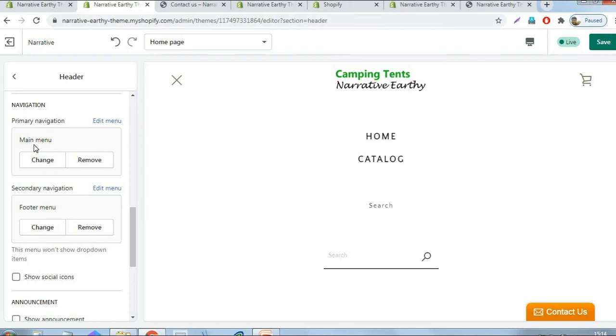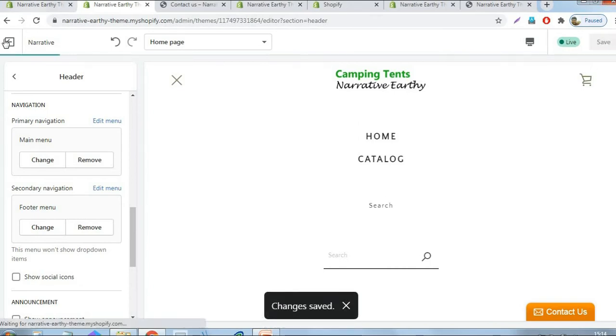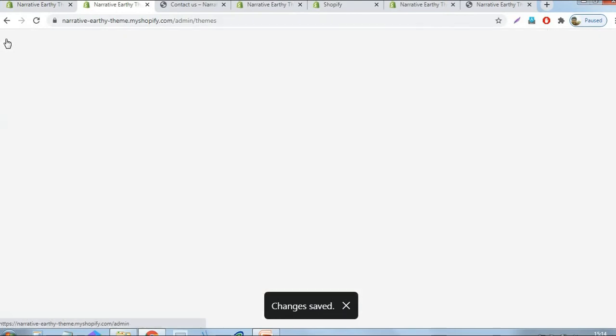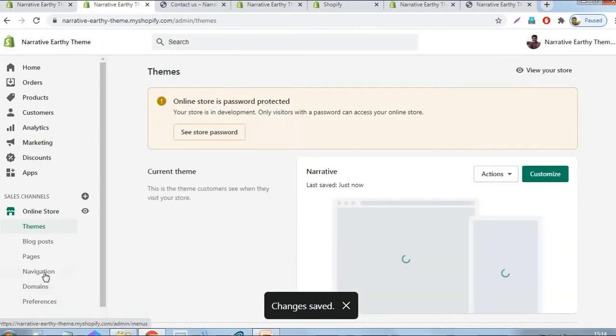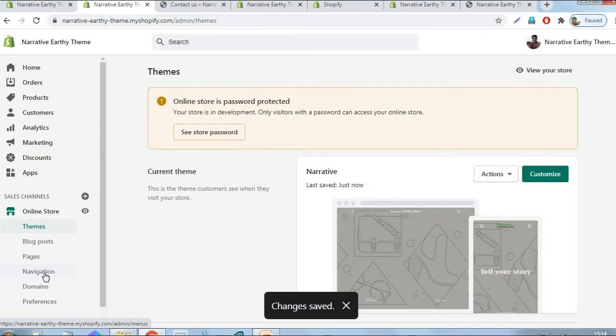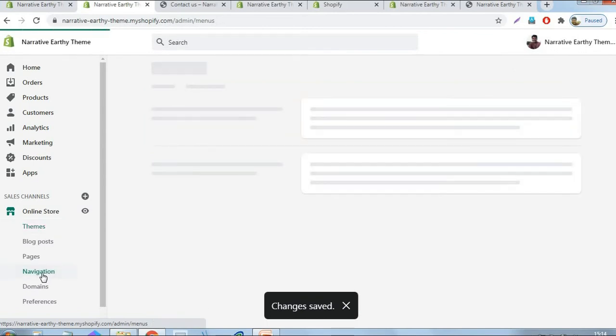This is the navigation, the main menu. I think we have not yet created our menu items, so we are going to configure that, and after that we will come back to this section. Before that, I save the recent updates. For creating menu items, we click the navigation link.